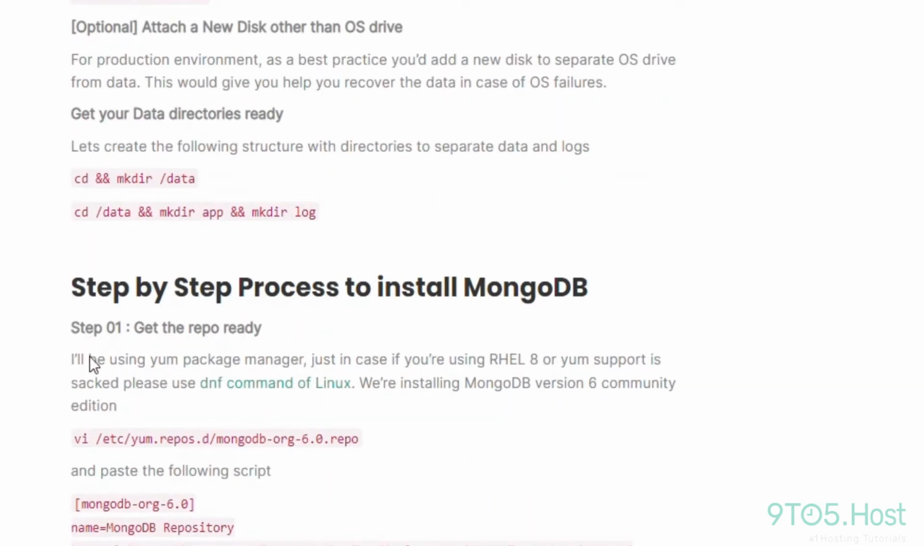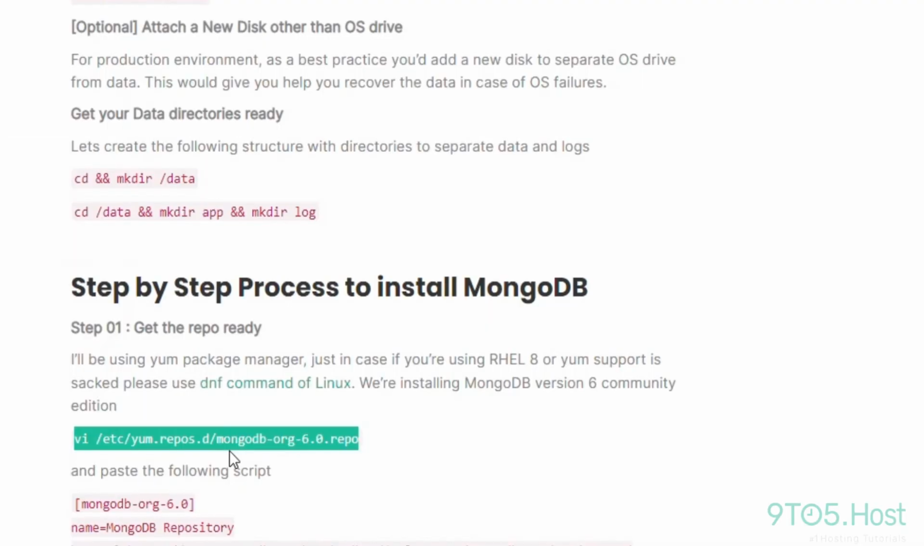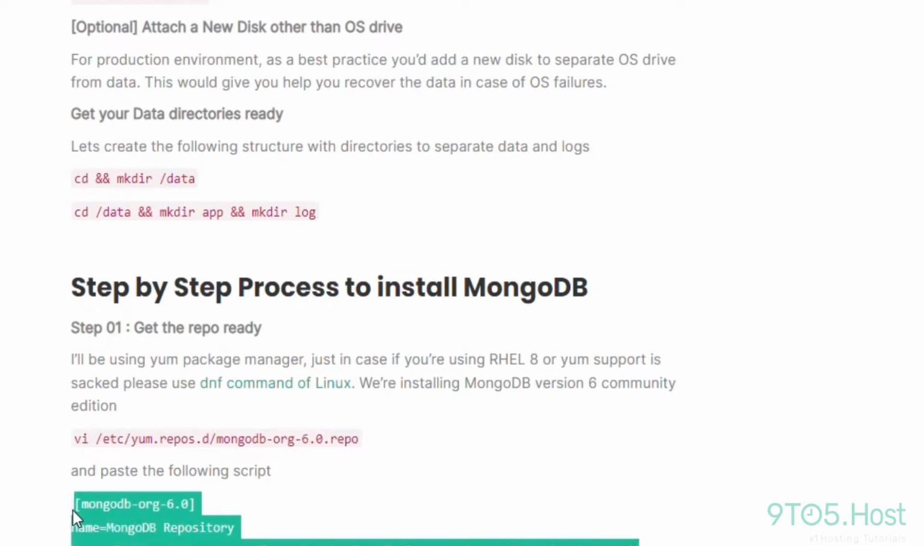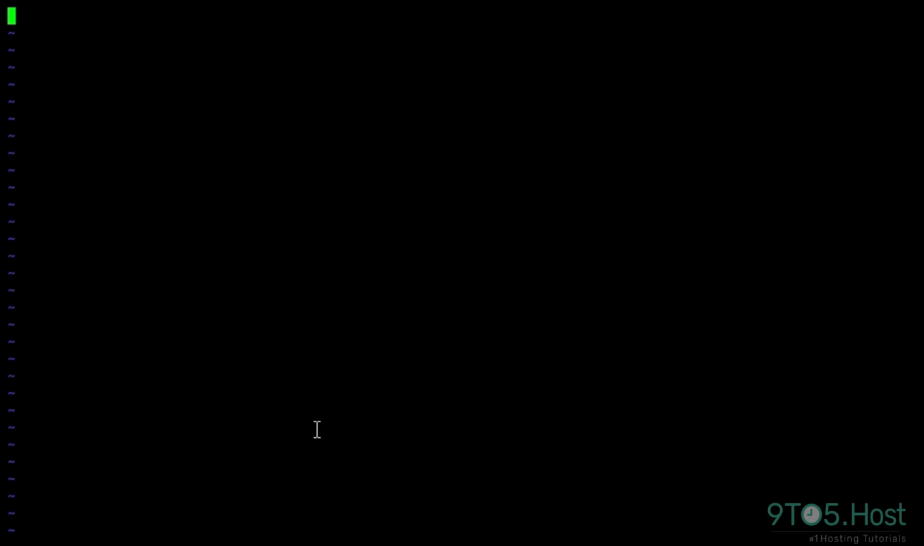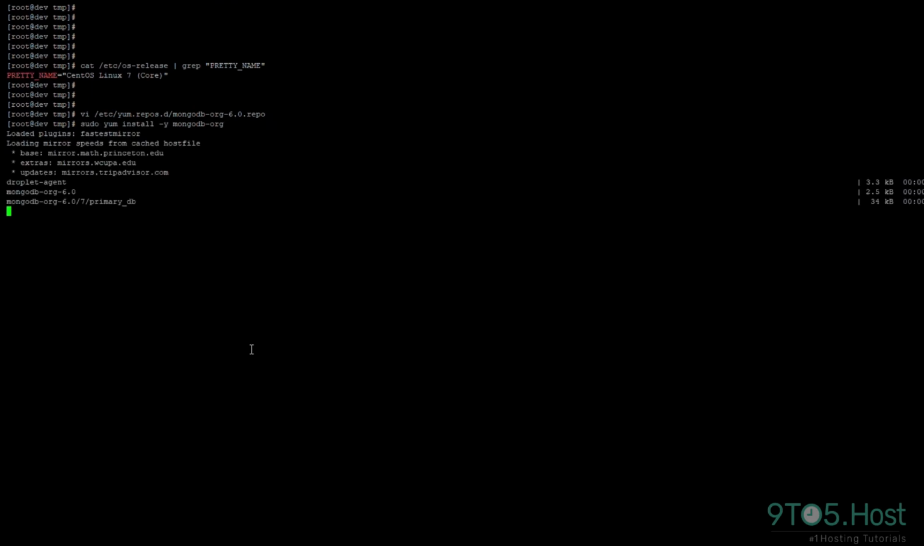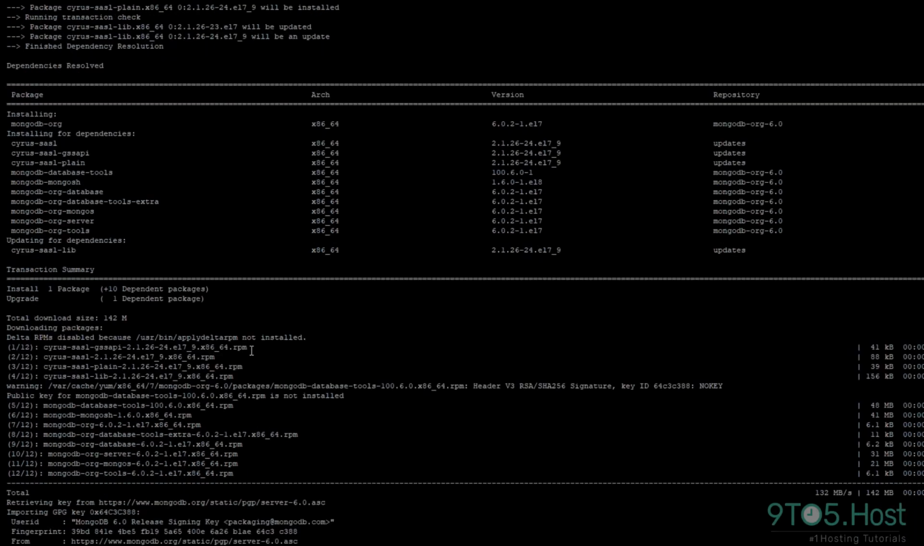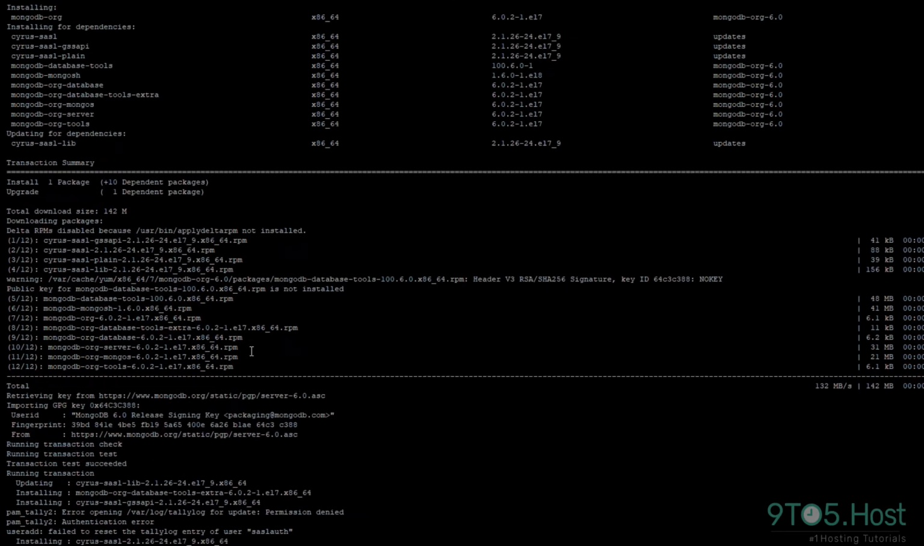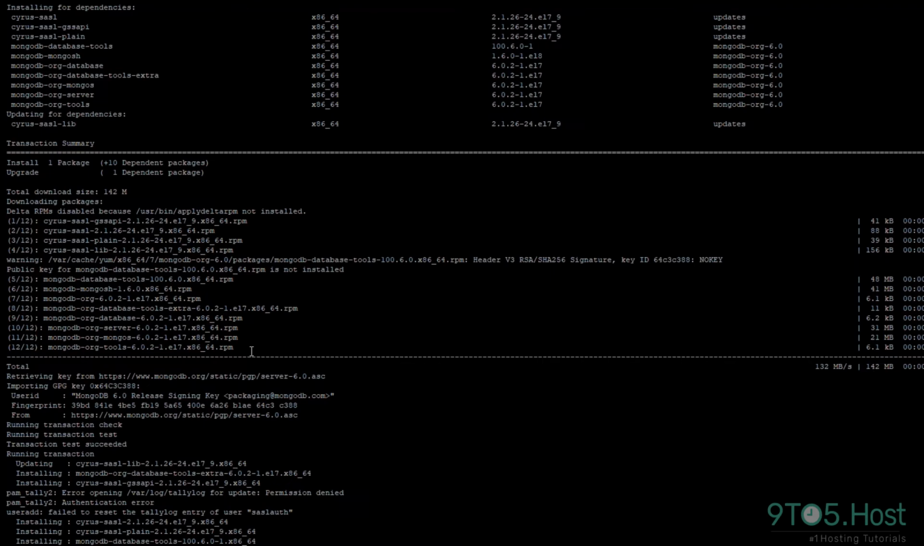To do that, I would copy this vi command and paste it on the server so that the file is created. And inside the file, I would just copy paste the script. This you can get from the MongoDB official documentation as well. While recording this tutorial, 6.0 was the latest version from them. I would save and close it, and then run the command sudo yum install mongodb. If in case the yum command is no longer supported, you can use the dnf command. As I have given the -y option, all the required dependencies would be auto installed while